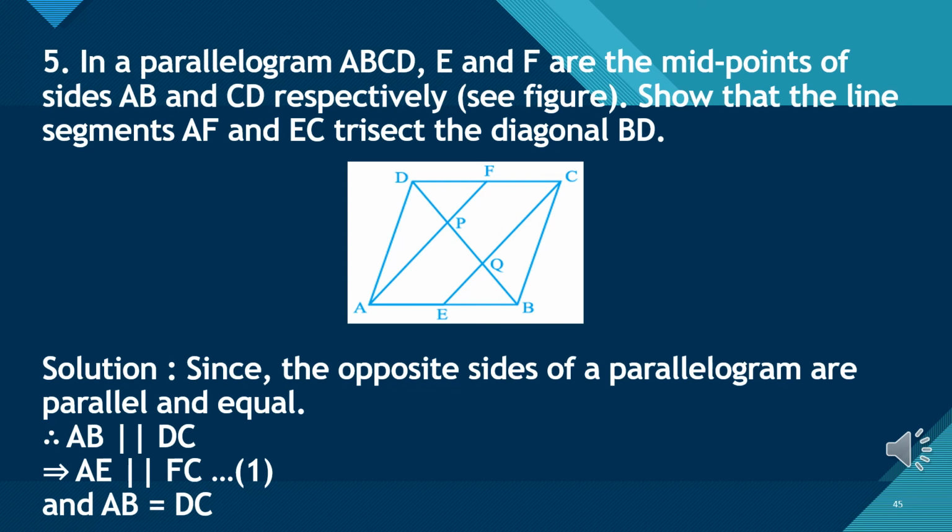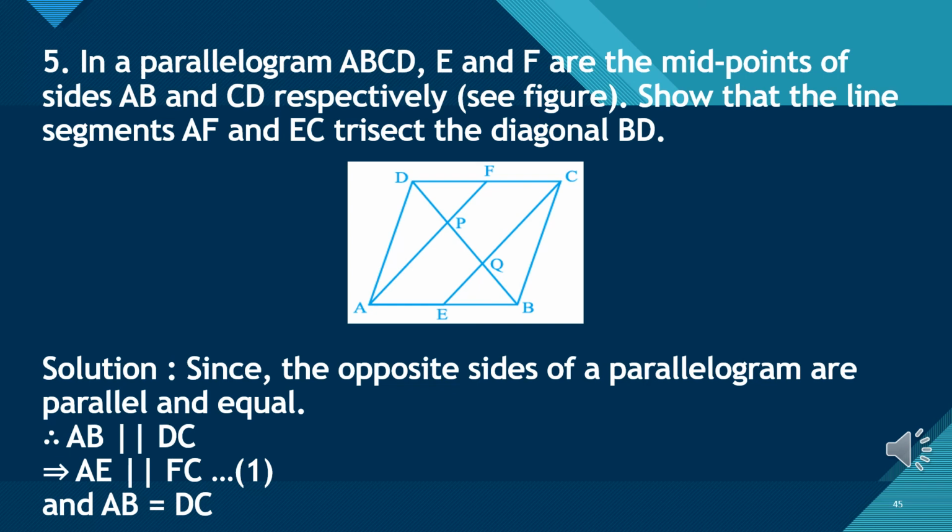Question number 2: ABCD is a quadrilateral in which P, Q, R and S are the midpoints of the sides AB, BC, CD and DA. AC is a diagonal. Show that PQ is parallel to SR and SR equals half of AC. From 1 and 2 we get angle 3 equals angle 4. Solution. Angle R is equal to 180 degrees minus B.